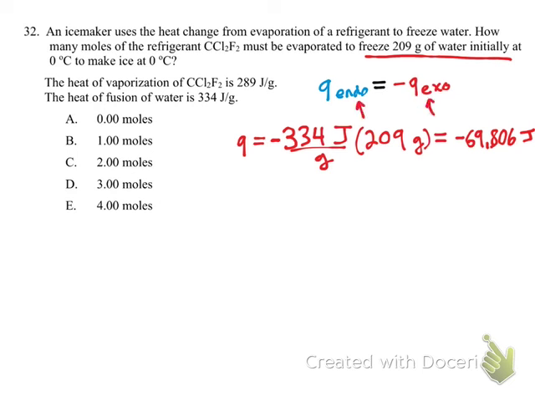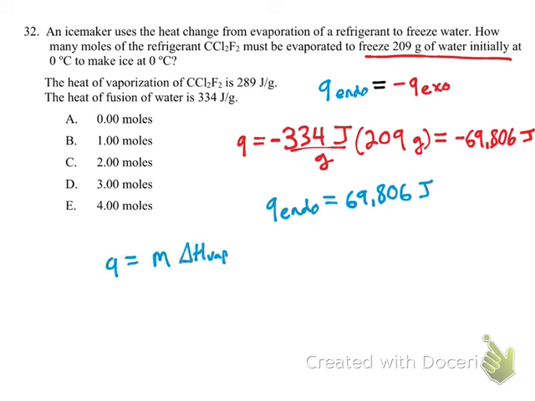Okay, so now we're going to use this relationship up here and find the amount of refrigerant that we need to evaporate in order to facilitate this process. So the heat added in the endothermic process is going to be the negative of this. So the negative of the negative is a positive. It's going to be equal in magnitude, so 69,806 joules of energy that we need to transfer. So now let's use this relationship and find out how many grams we would need. So the heat that we're adding in is going to be equal to the mass times the enthalpy of vaporization,